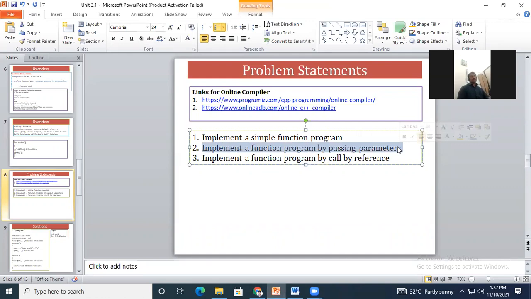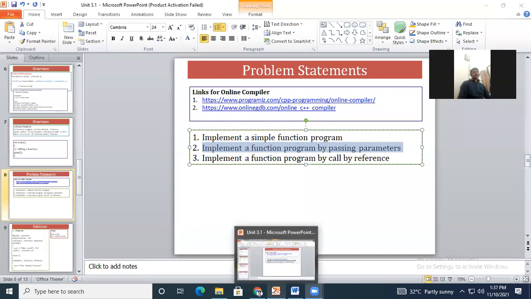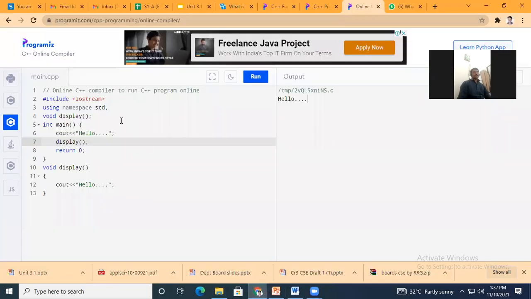Hello? Yes, yes, sir. Okay, so I will read it for you. Implement a function program by passing the parameters. Now, just now we have seen one example here.